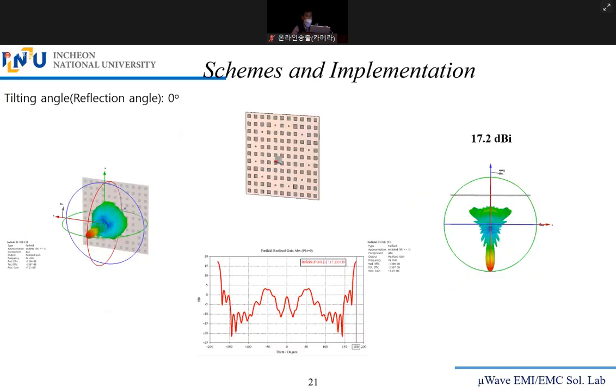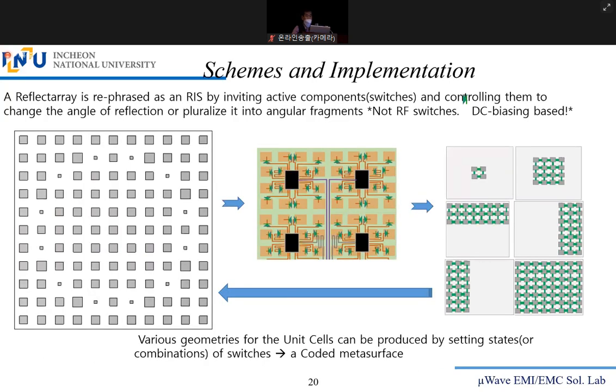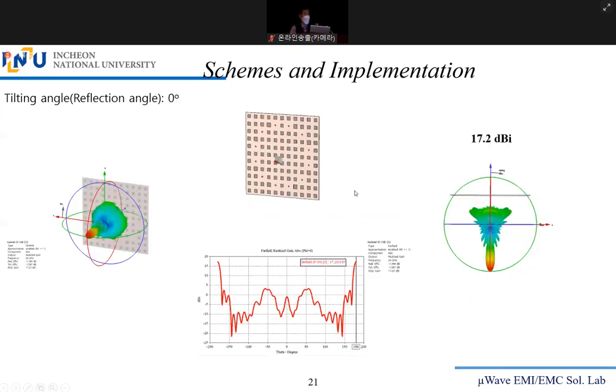I think I'm finished with the theoretical aspects of RIS as well as metamaterials. Then I'm introducing to you the examples. The first step is to share the data obtained from the electromagnetic simulation. It is called a full simulation, which considers everything: the material property, metal, the dielectric constant, dielectric loss, and the truncation effect. All those things are considered together.